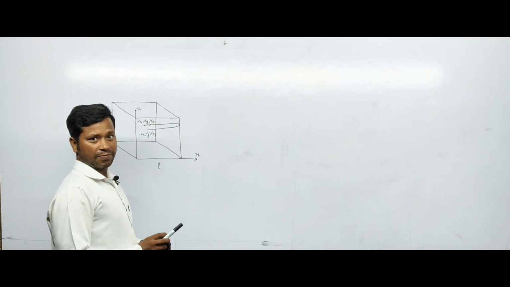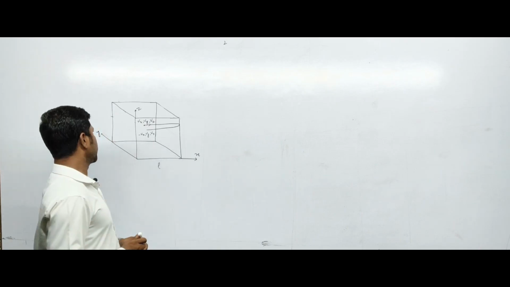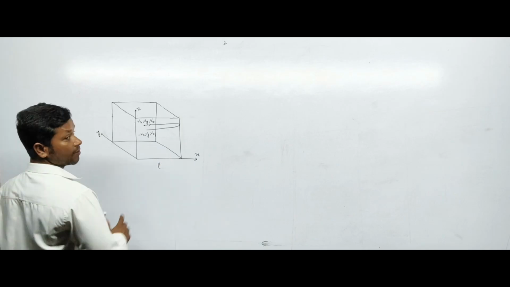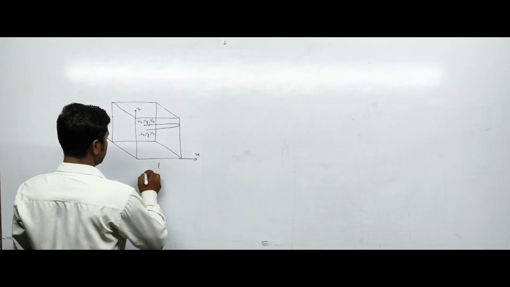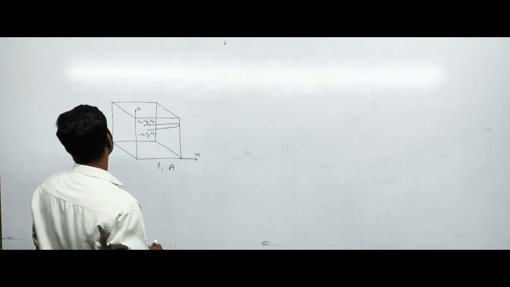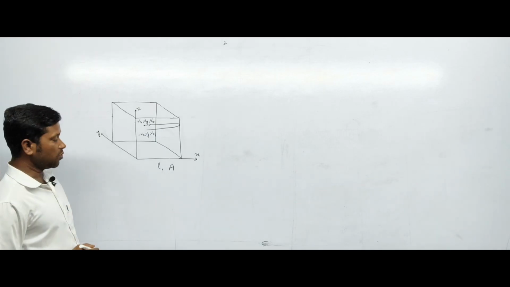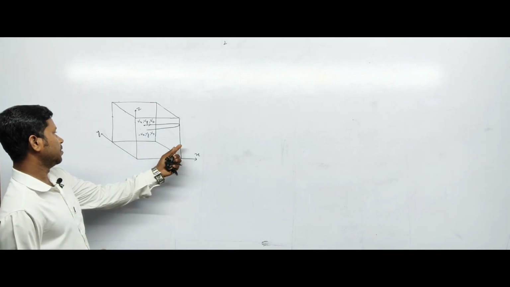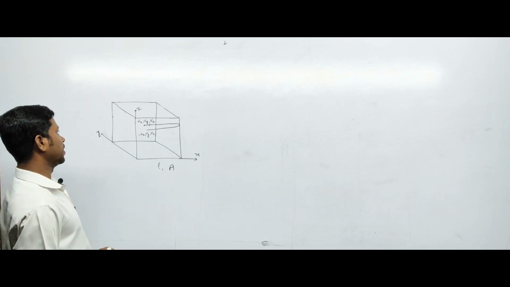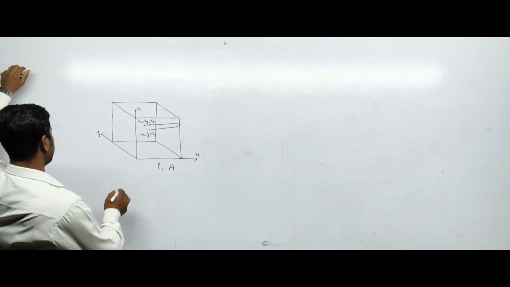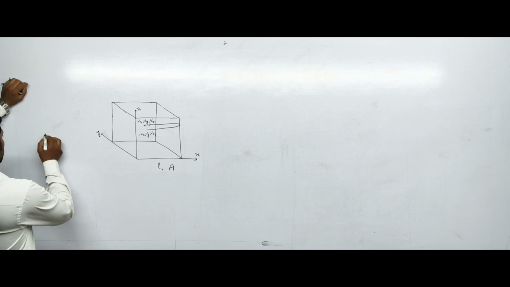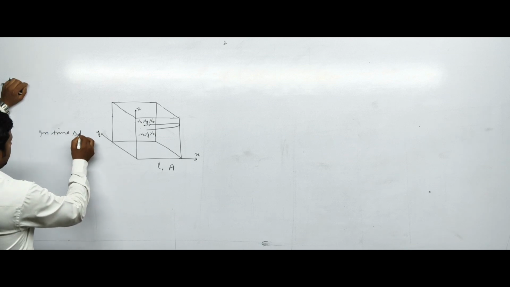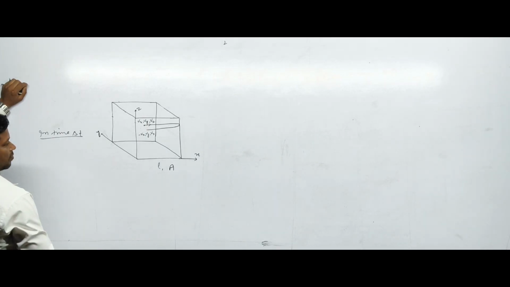Now we will derive the expression for pressure of an ideal gas. We have a cube of side length L and of area A. First of all, we will calculate the distance covered by the molecule in time del T. So, in time del T, the distance covered by the molecule is,